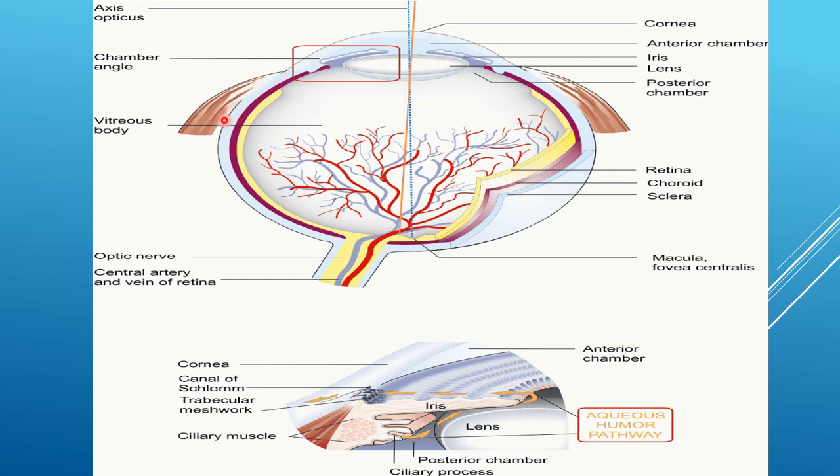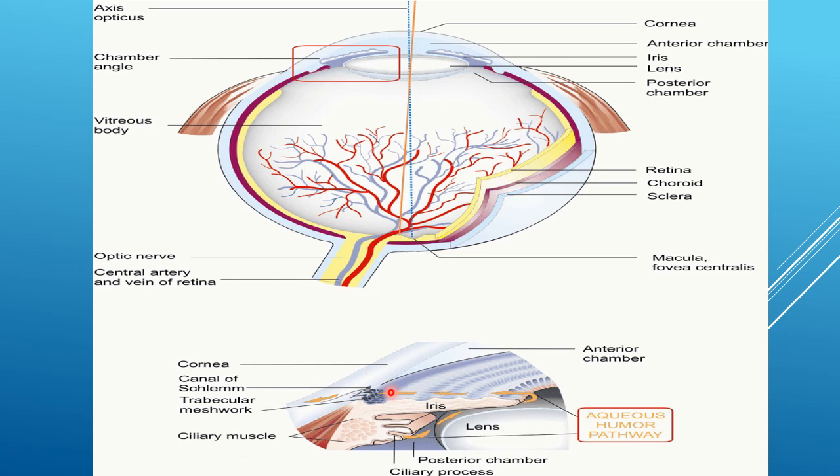In the next slide, you can see that the sclera gives the attachment, or insertion site, of the extraocular muscles anteriorly. And here at this area of the limbus, you can appreciate the canal of Schlemm, which helps in the recirculation of the aqueous humor, which is secreted by the ciliary processes from their epithelium. Then it is collected into the posterior chamber and transported to the anterior chamber through the pupil and recirculated into the venous circulation through the canal of Schlemm.